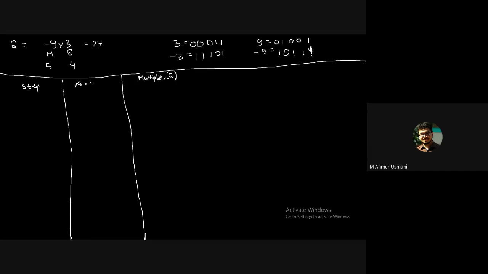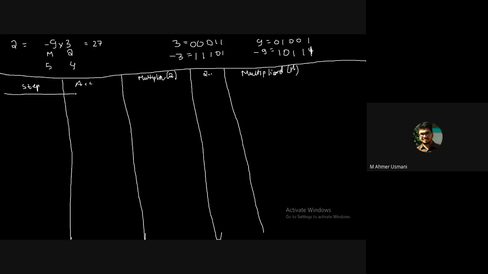We have Q. Then we have Q minus 1. We have multiplicand, and that is M. Okay. Now tell me the initial values of all these registers. The accumulator will be initialized to how many zeros? 5. 5 zeros. Always remember to write the bit one below other. एक के नीचे एक bit आना चाहिए. ऐसा नहीं कि 0 यहाँ पे लिख दिया फिर अगला वाला 1 यहाँ पे कहीं साइड में कर दिया. Make it as a proper. Okay. एक के नीचे एक.